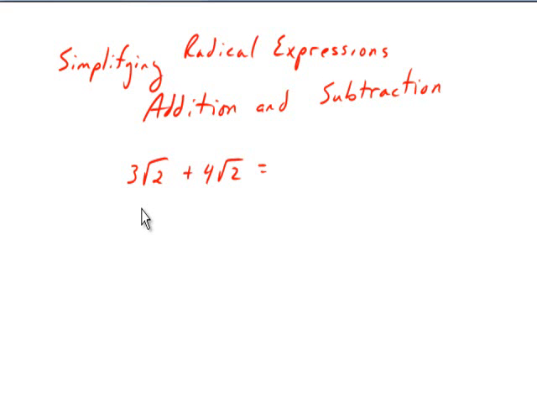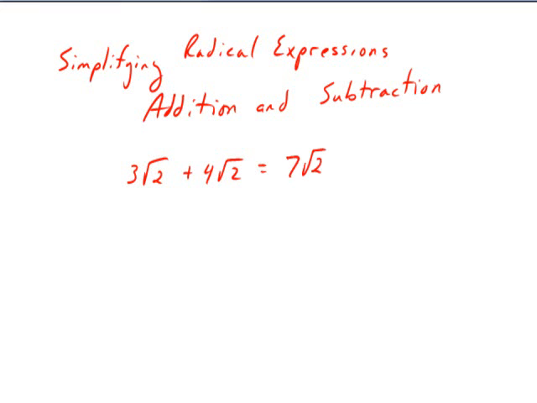When we simplify radical expressions involving addition and subtraction, we basically add the coefficients in front of the radicals if the radicals are like radicals. In my example, I have 3 root 2 plus 4 root 2. The radicals are the same, so they're like radicals, so I can add the coefficients of 3 plus 4, keeping